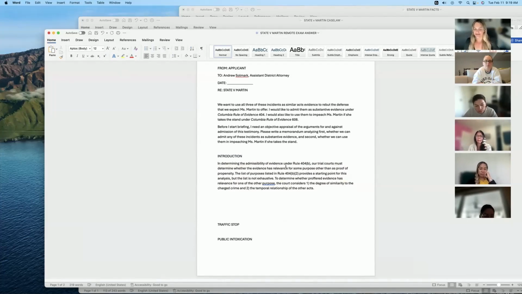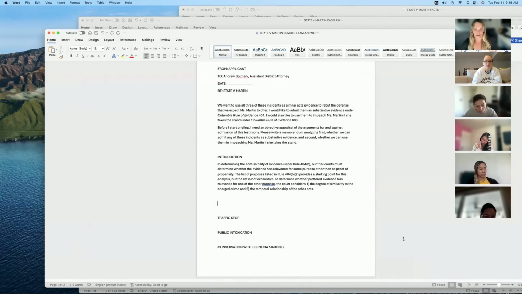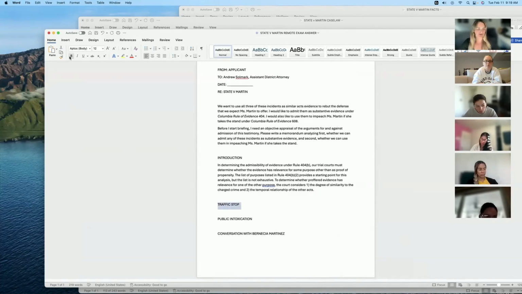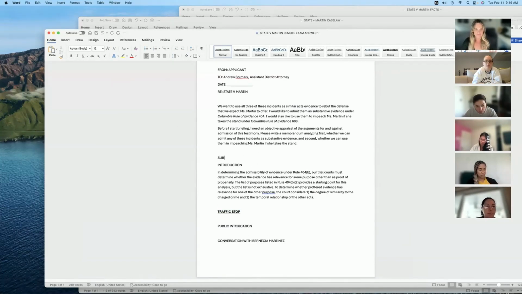In determining the admissibility, the wording of the case law is really straightforward here. And it tells you the full introduction. And then you know right away you have the traffic stop as your first incident. Now I would even do a heading here. Admissibility